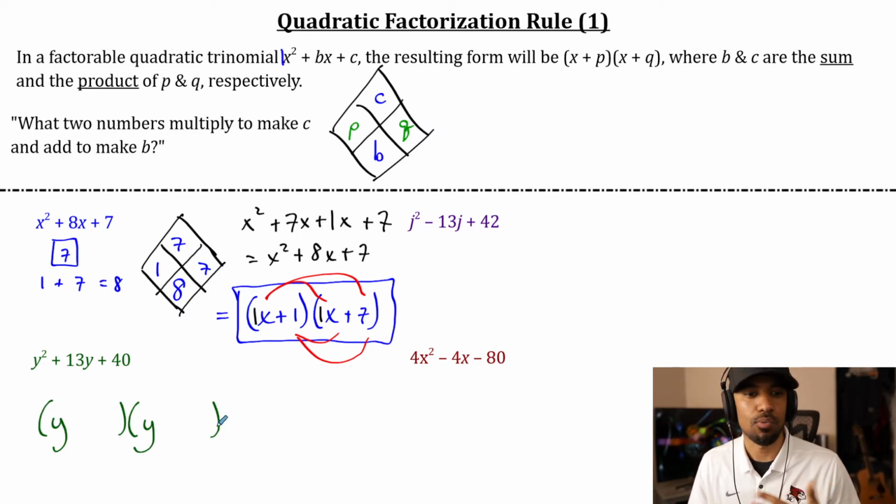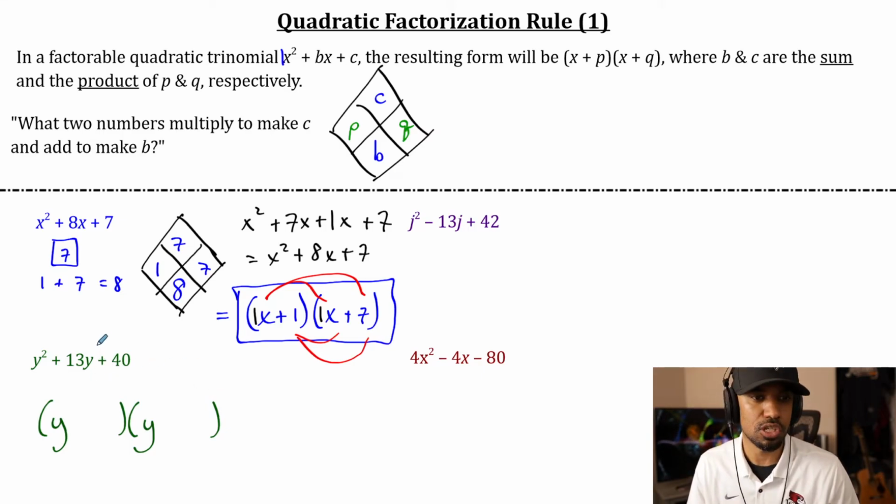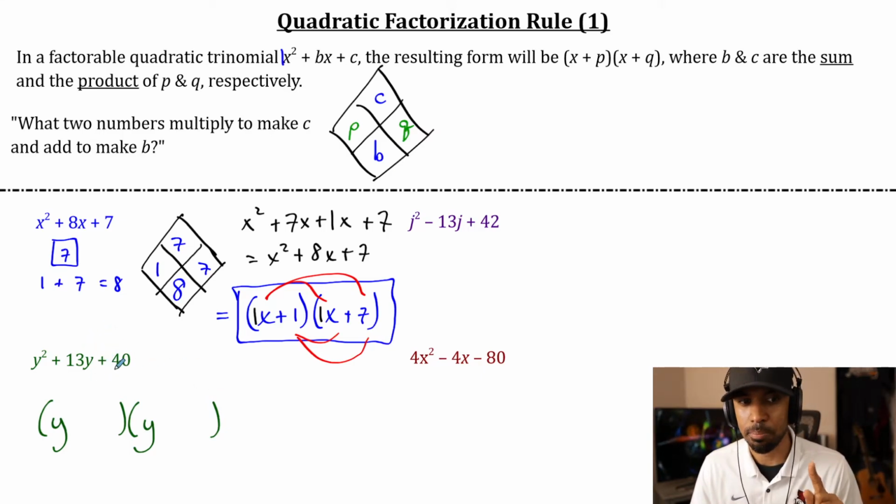It's going to be y plus p, y plus q. You know what I mean? By the way, p and q can be negative. Will they be negative? Depends on the situation. I'll tell you what right now, because my product is positive, the two numbers that multiply to make 40, and